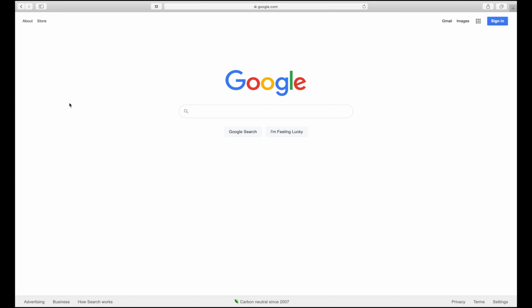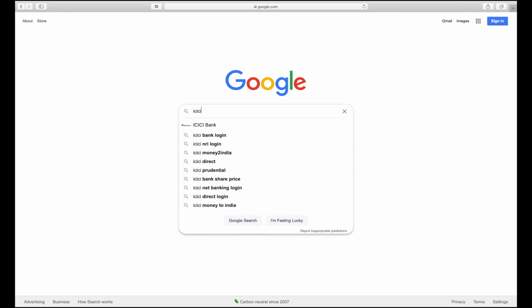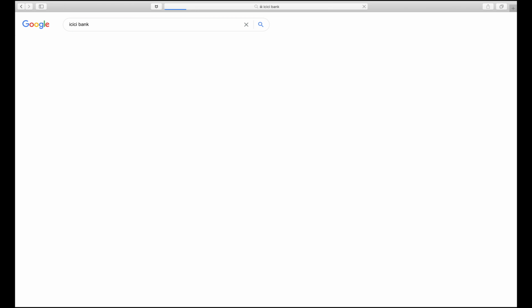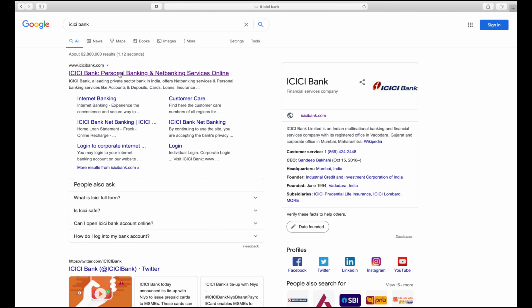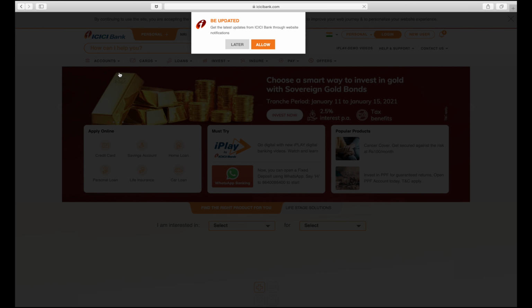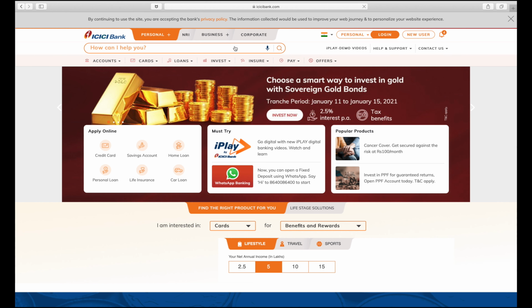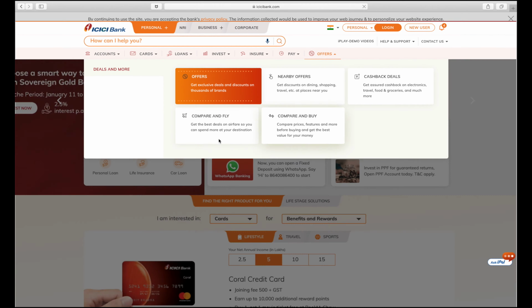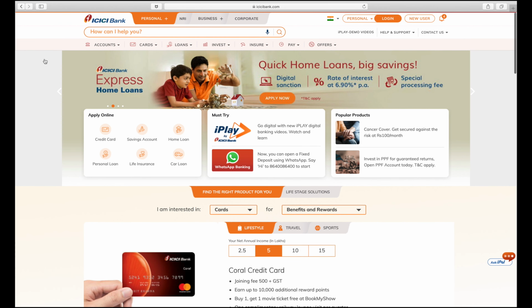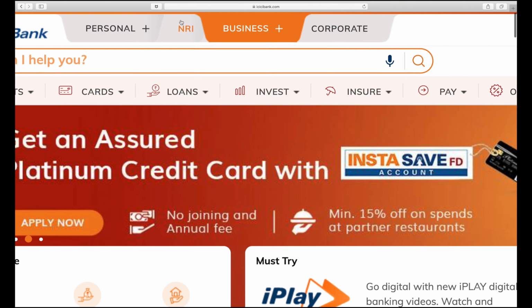Now let me show you how to open an NRE or NRO bank account with ICICI Bank. Let's go to the ICICI Bank website. Normally in all banking websites, you can see an NRI link somewhere on the home page. In ICICI Bank, you see this link over here. Let me zoom in.